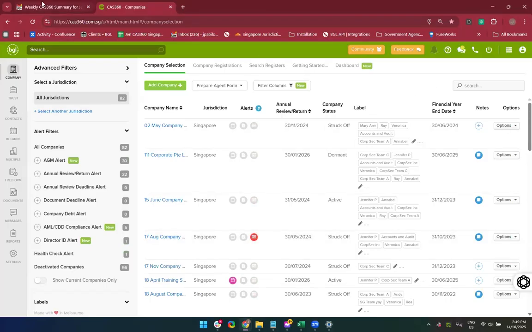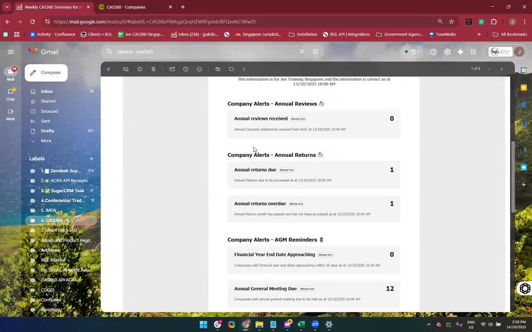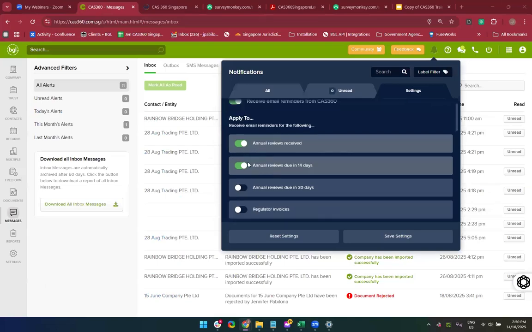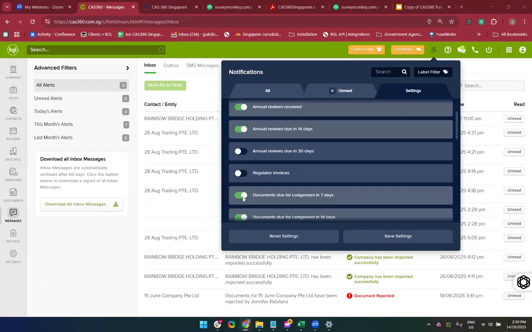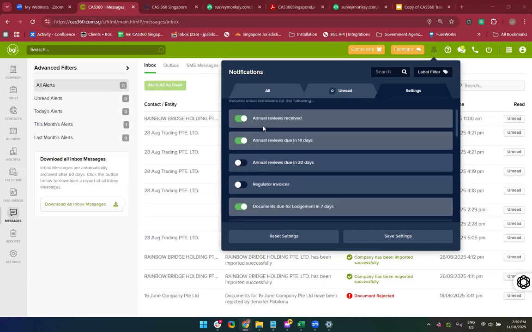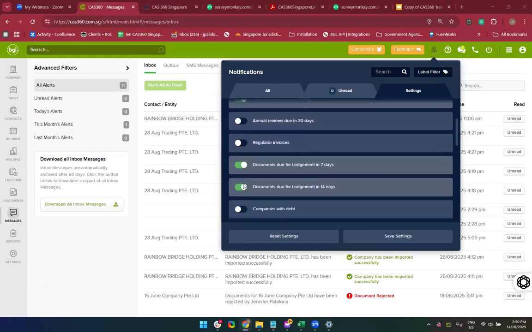Now, how do I manage what I want to display in this notification? Going back to this alert under settings, you have the ability to toggle on and off which ones you want to display in the list of your CAS 360 notification summary. You can enable, so here I've enabled annual review received, 14 days, document lodged,